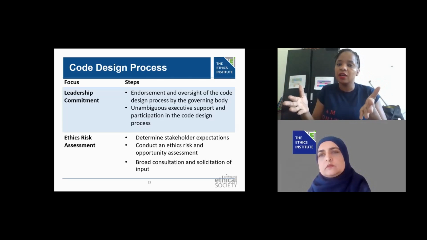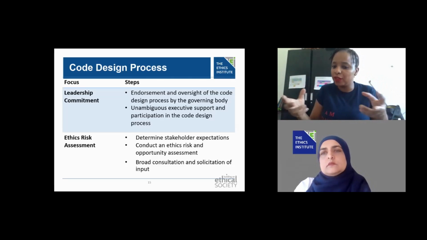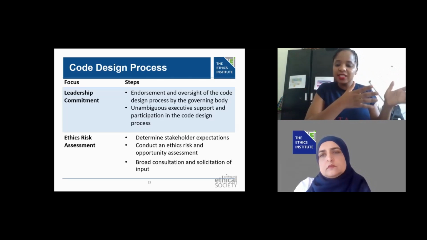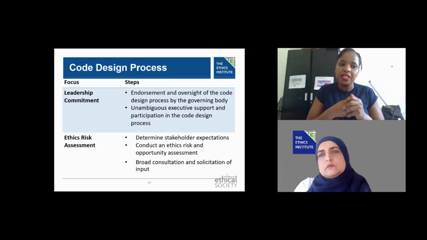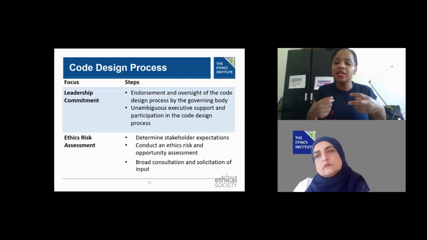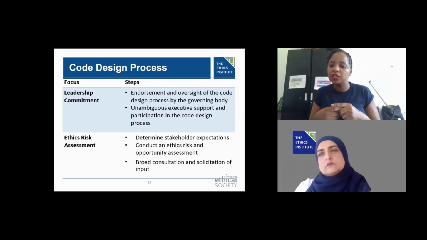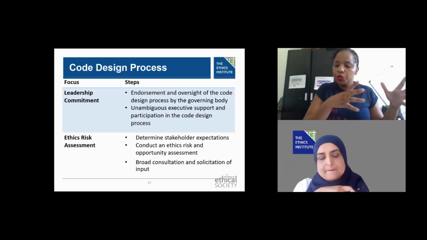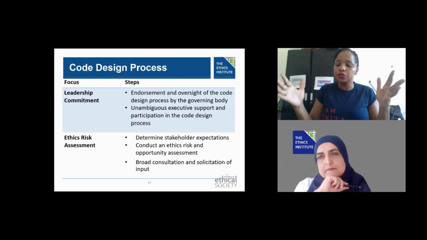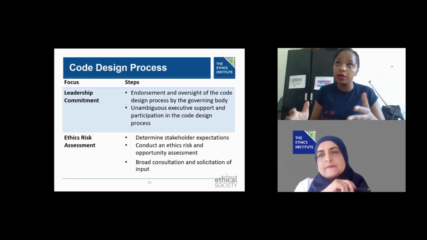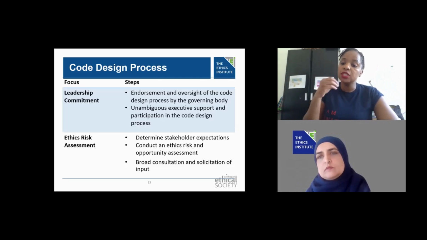So they are the caretakers of the code. There's an ethics department, there's an ethics officer. The ethics officer is there more to monitor and give support to management, but it's their duty now to say, this is our constitution, this is who we are. So you need them on board all the time.